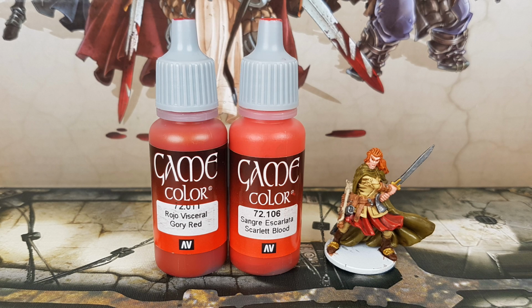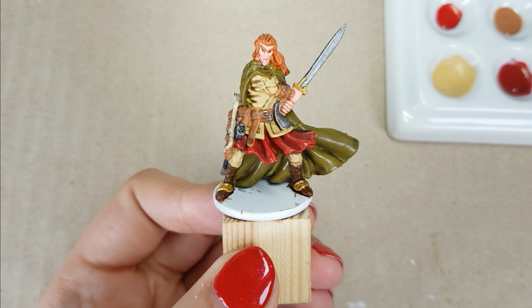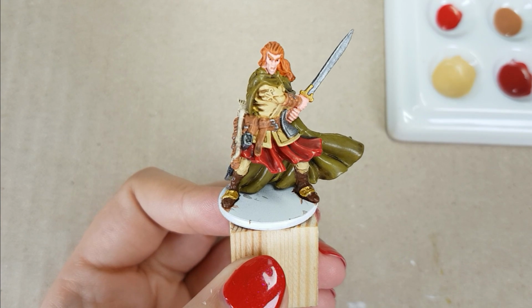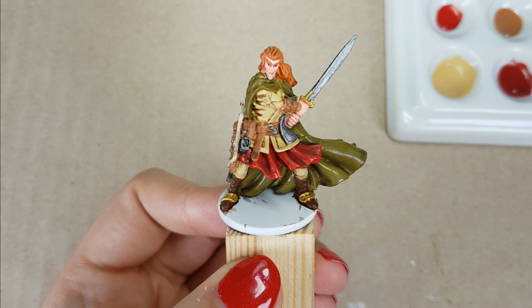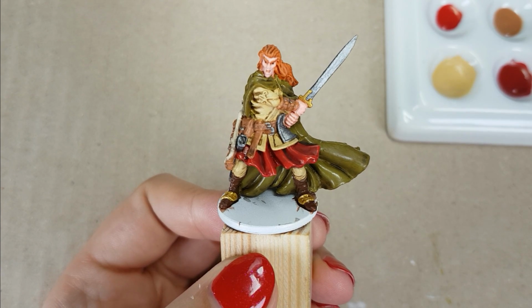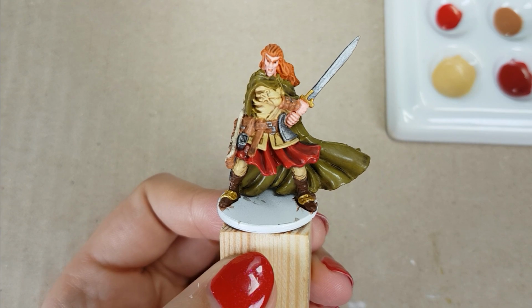For the skirt, I use the colors Gory Red with Scarlet Blood from Vallejo. I used a 50-50 mix of these colors. Unfortunately, something went wrong when I was filming this part. This is what the end result is. First, I paint the raised areas of the skirt and leave the darker areas in the recesses. After that, I went with pure Gory Red to paint some extra highlights on the most raised parts of the